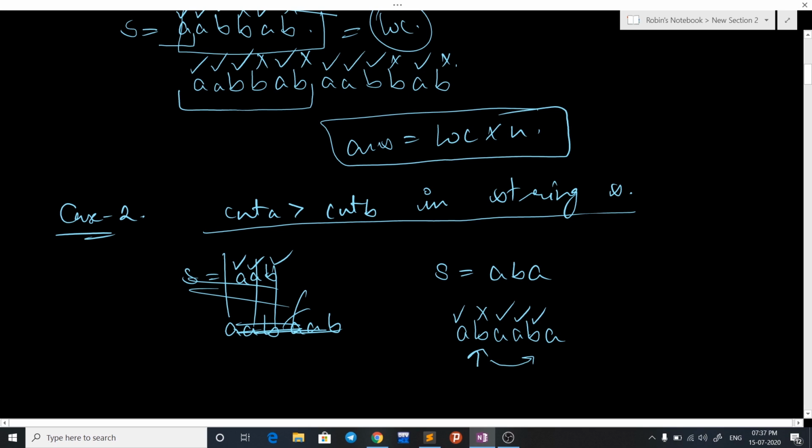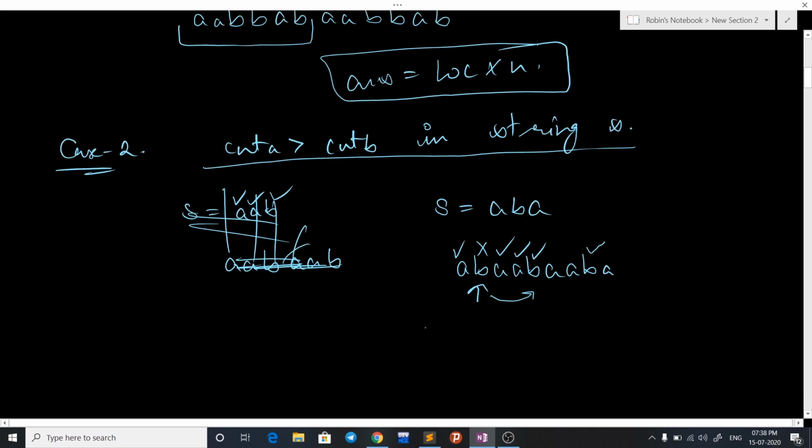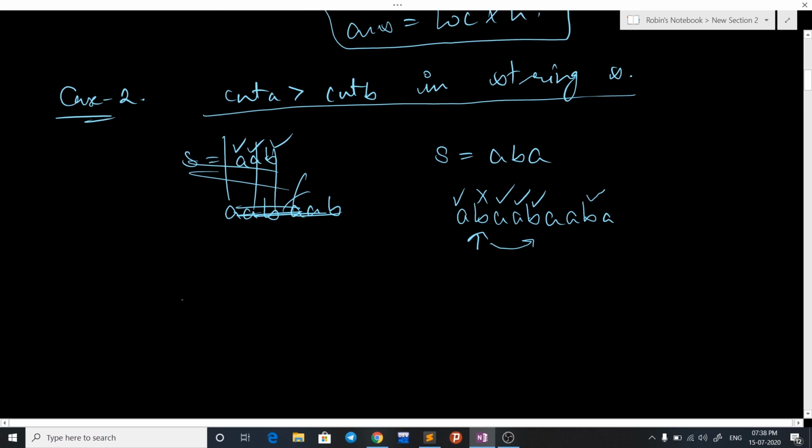And what if I take it 3 times? And here also I can see that this is also a good prefix. So what I can see here is that the index which was earlier a bad prefix can later become a good prefix. So now let's say S is S1, S2, S3, S4 up to, let's say, Sm, and here Si is equal to A or B.